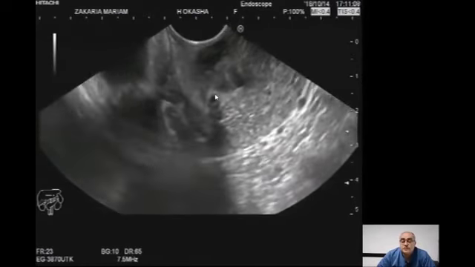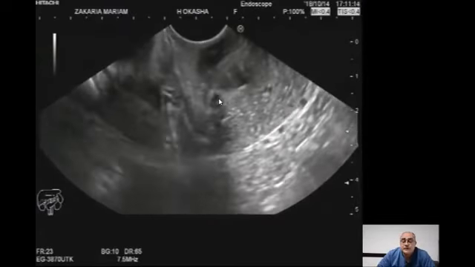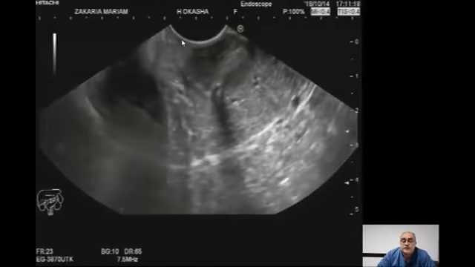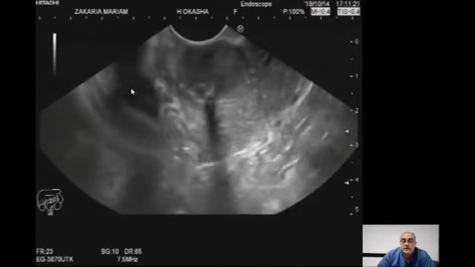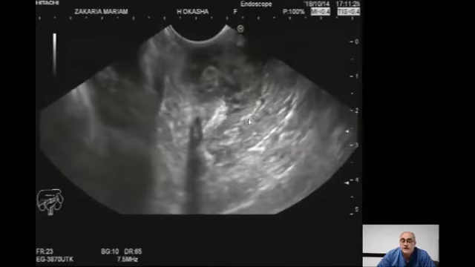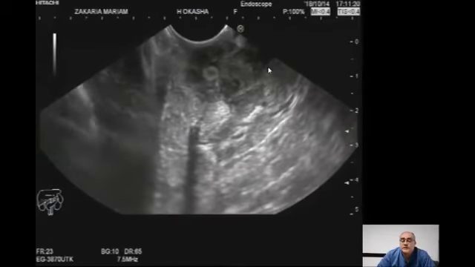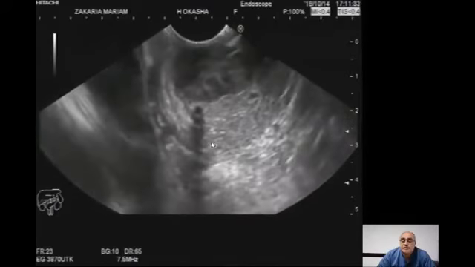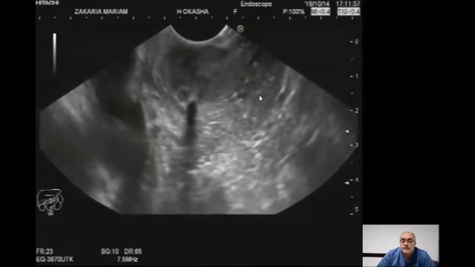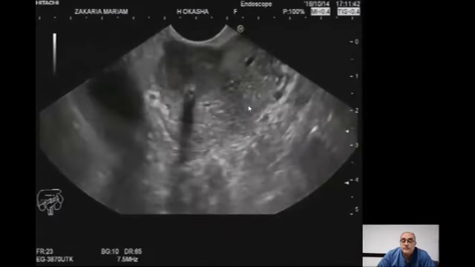It is about 2 centimeters, and here this is the common bile duct with a stent inside, and this is the lumen of the second part of the duodenum, and this is the abdominal aorta. And here we notice that the mass is respecting the muscularis propria layer. It is respecting the muscularis propria layer of the duodenum, and this is part of the head of the pancreas. It is not invading the pancreas, and it was proved,